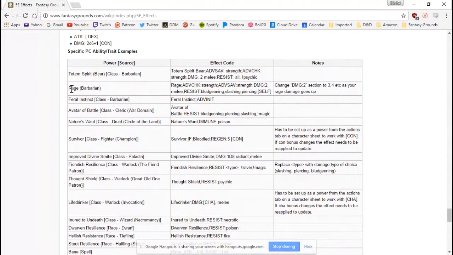If you're playing a barbarian and you go to rage, it gives you advantage on strength checks, advantage on strength saves. It'll add 2 damage, but as you level, don't forget, the higher level you get for a barbarian, you'll have to go back in and change this damage of 2 to a 3, 4, 5 or something like that. Now it's going to also give you resist on bludgeoning, slashing, and piercing, which is very powerful,